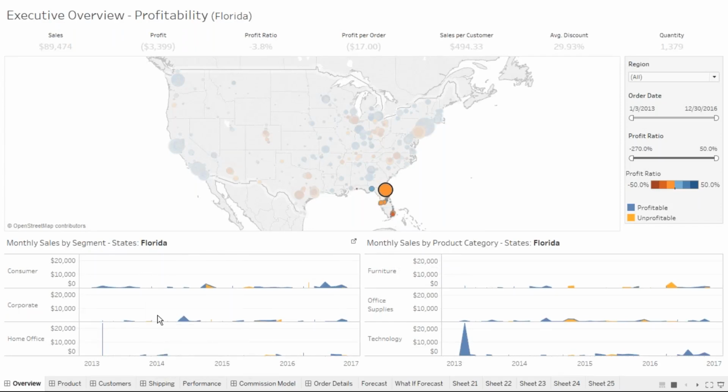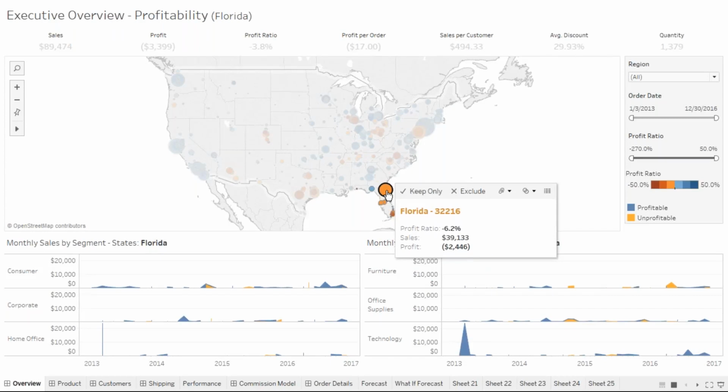I'm clicking on Florida to see my profits. In technology it has done somewhat okay in 2013 and then has come down totally. In office supplies and furniture, all these categories, I'm not able to see much monthly sales, nor by segment. It's a big negative profit, 6.2% going down,